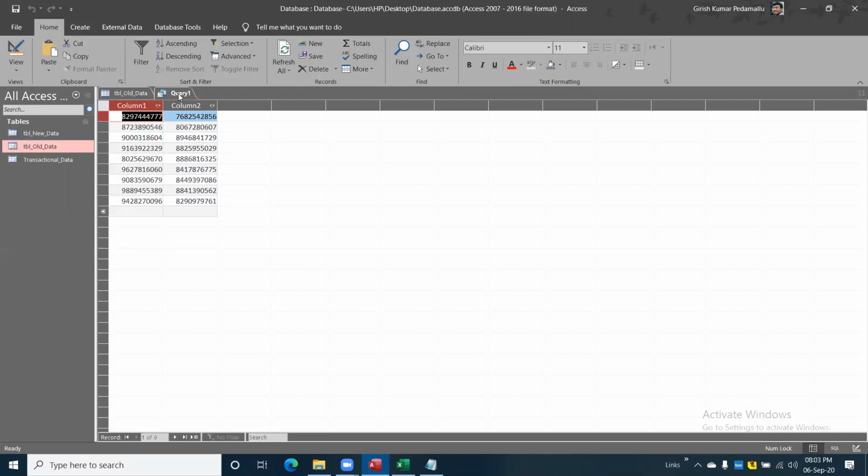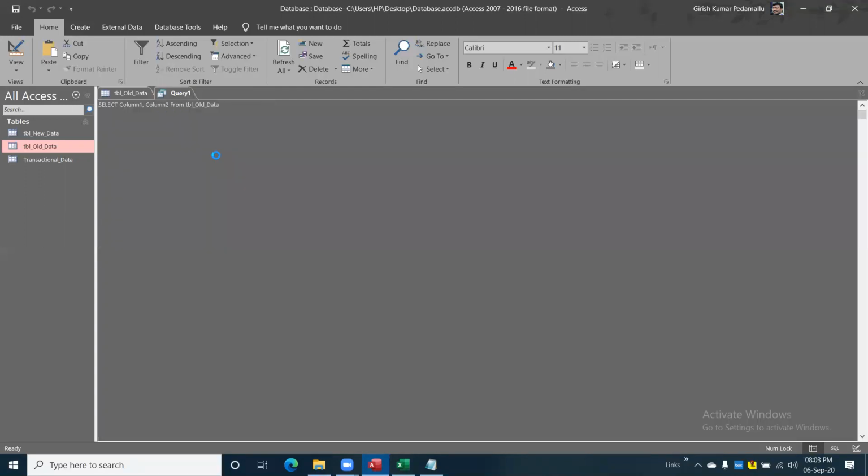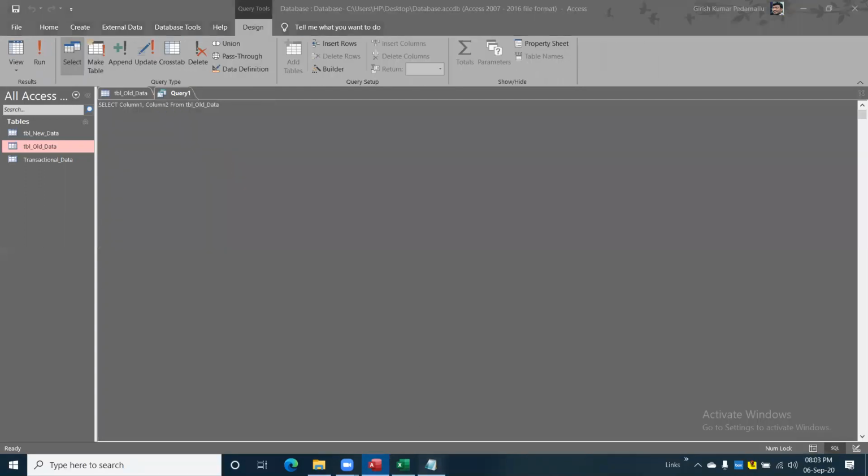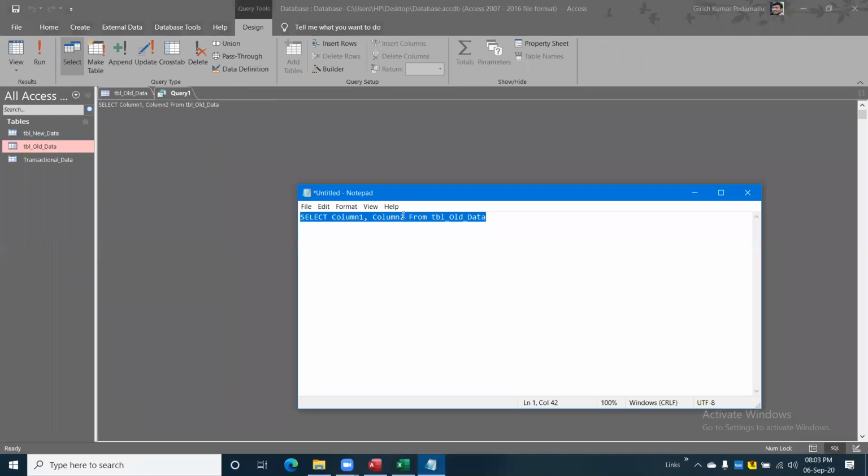For that, I'm going back to SQL view and opening the notepad. Here, instead of writing column 2 over here, I'm copying the same line and pasting one more time. Instead of column 1, I'm making it column 2.